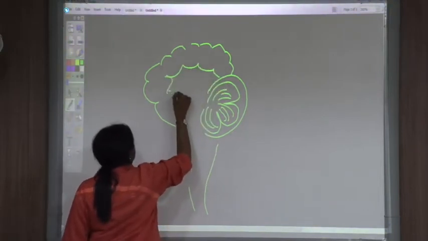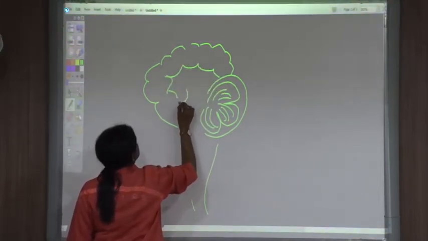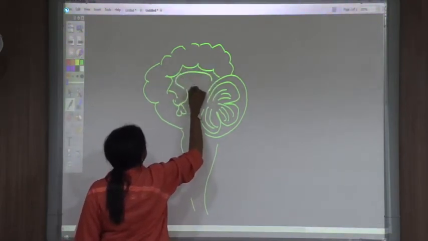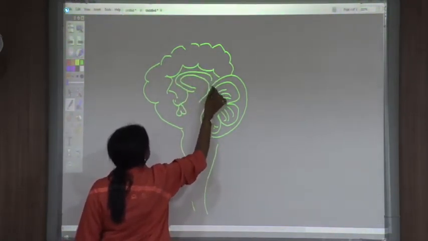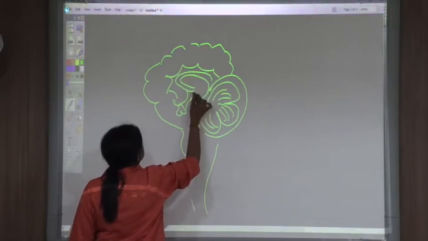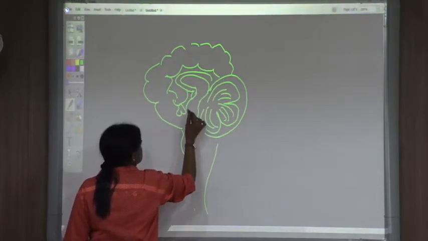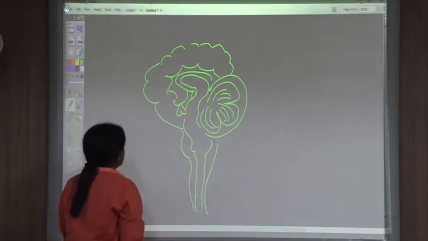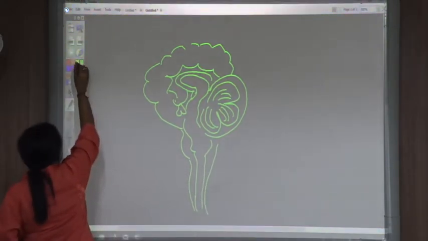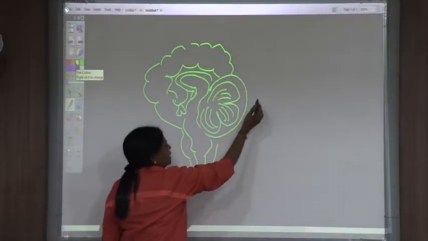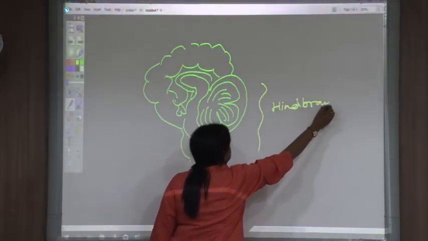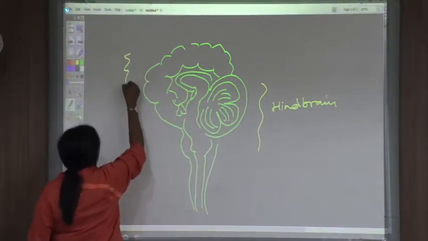Now inside also there will be this kind of structure, and on the lower side it will have the hypothalamus and the pituitary. These are the nerves, cranial nerves, in section, and this joins the spinal cord via the pons and the medulla. This hindbrain, this is the forebrain,